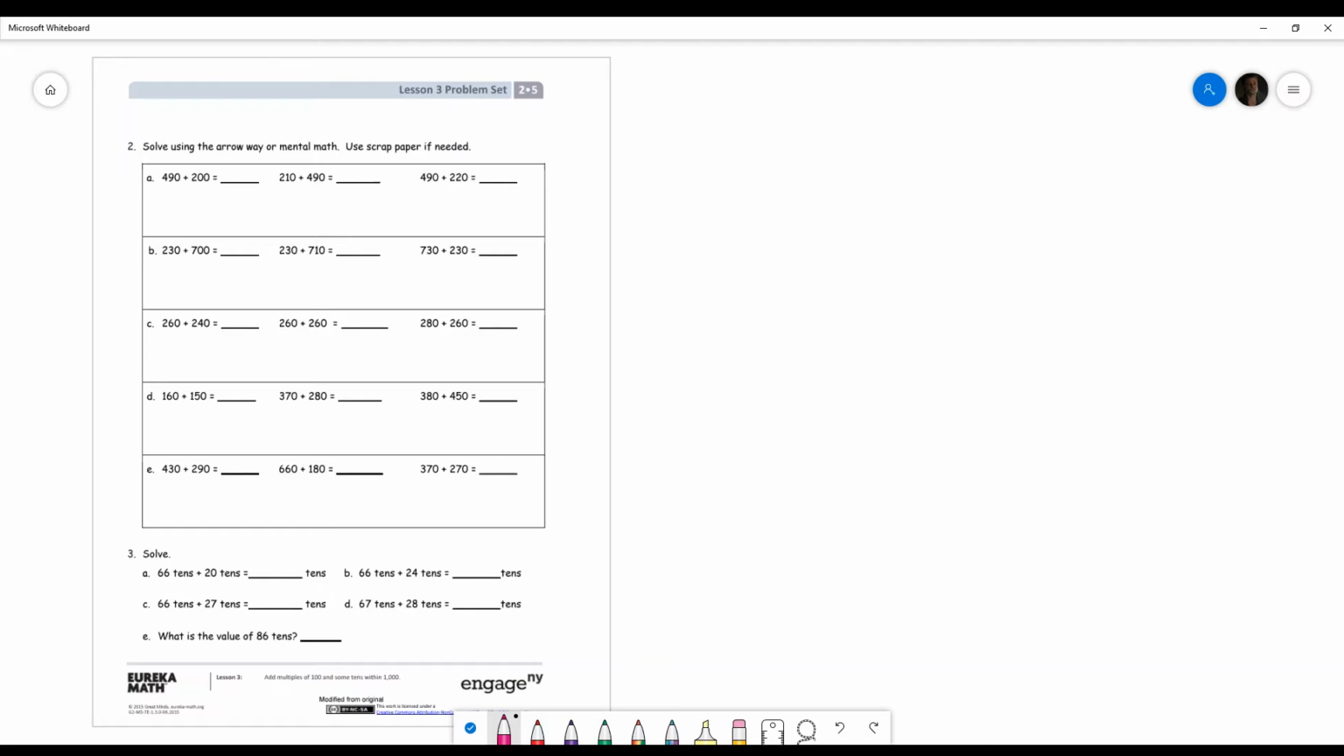Okay, let's look at the second page of Lesson 3 problem set. Number 2, solve using the Arrow Way or mental math. Use scrap paper if needed. Now, I highly recommend you practice your mental math as much as you can because it's a much faster way